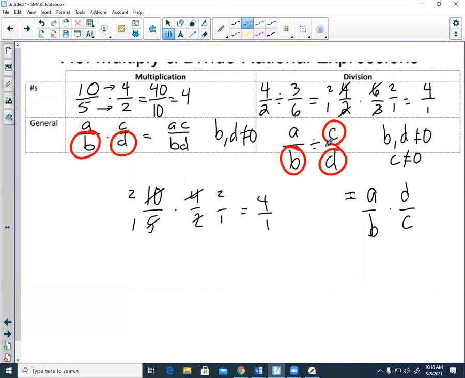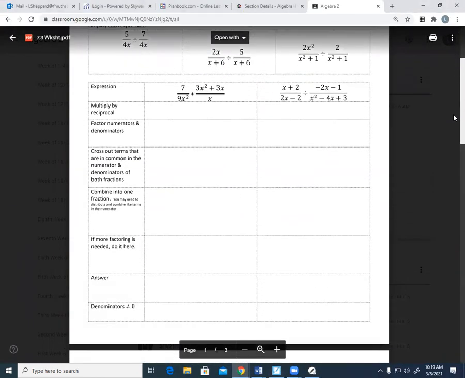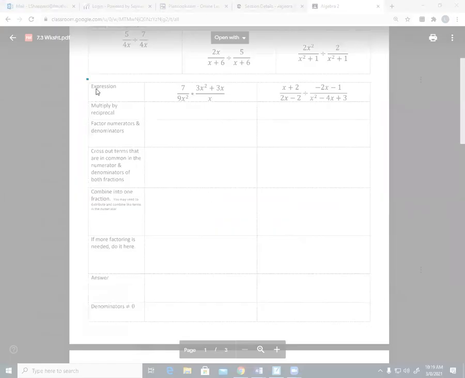It'll make a little more sense when we go through actual examples. But hopefully this is something that you can kind of see right now. If the denominator of a fraction is 0, it makes it undefined. If it's undefined, we can't do anything with it. Okay? If we take care of the numbers that would make it undefined and just bring attention to them, saying this number can't be, or this fraction can't be 2, because then it would make it undefined. If we take that into account, then we're kind of saving ourselves in the problem, okay? So let's go through an example so that we can see what it looks like. And I'll try to run through and show you what we're looking at